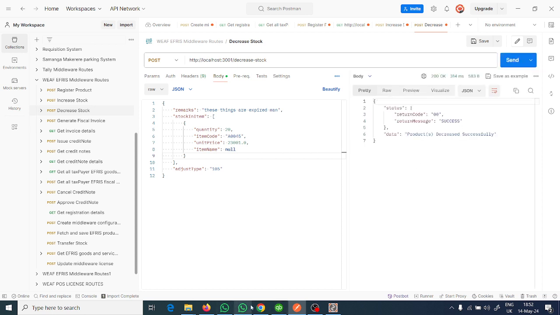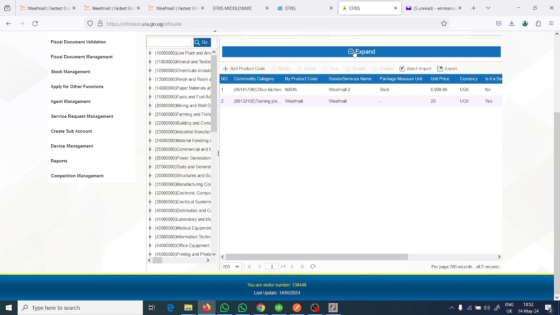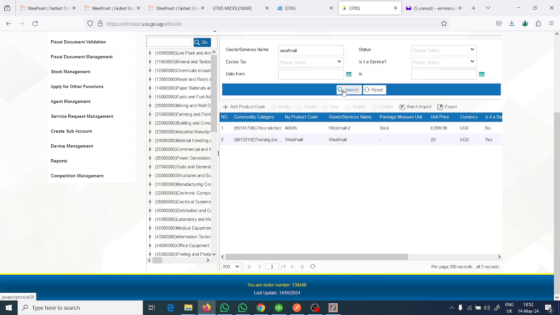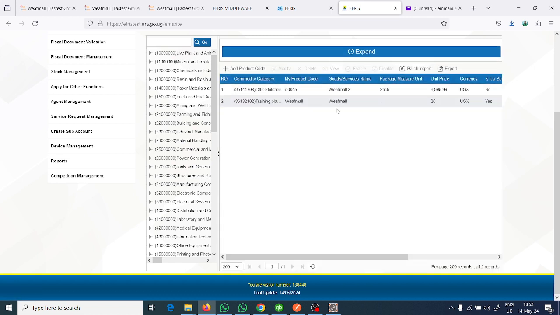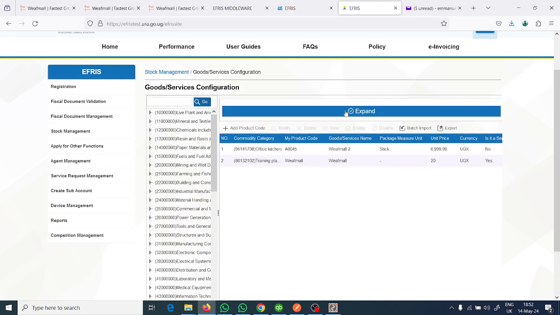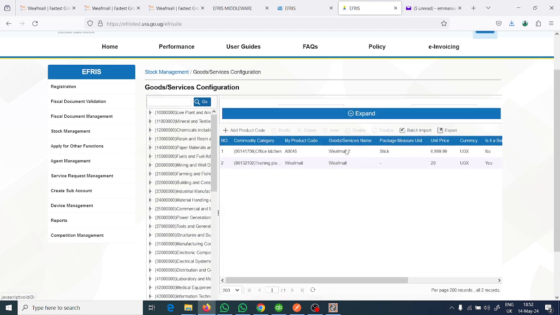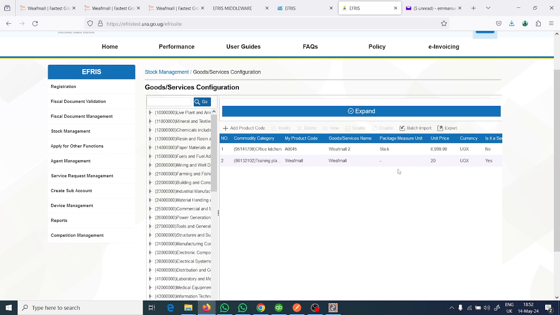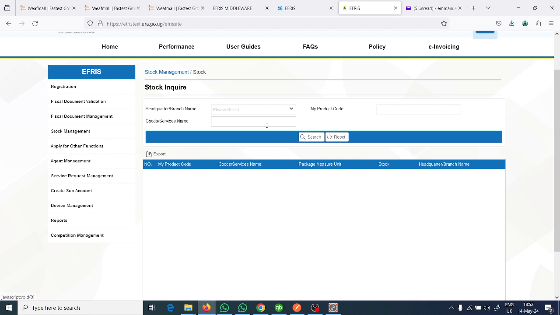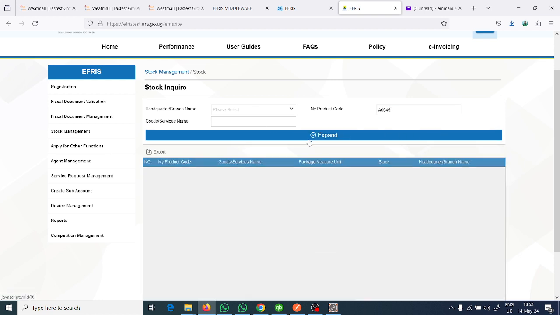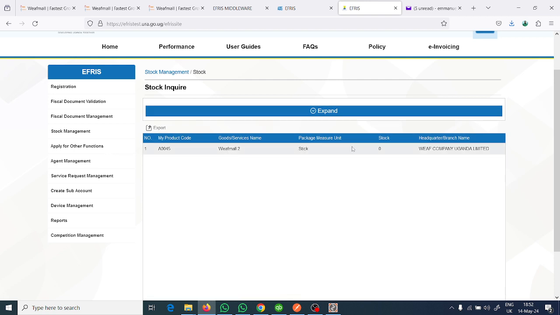It has been decreased. So when I come back to Efris, and then again we have here 20 and search. Okay, this was the price. The other one is token inquiry. We shouldn't be having 0 for product of this. Yeah, with more 2 we now have 0. Okay,